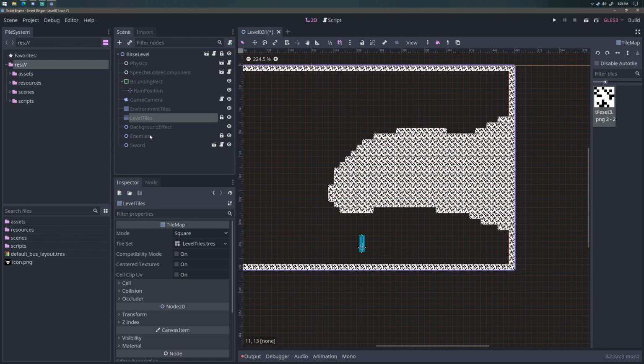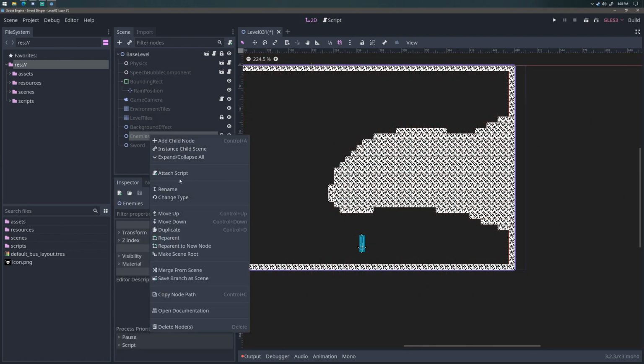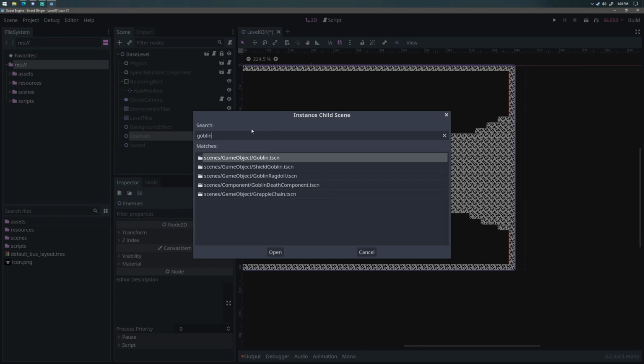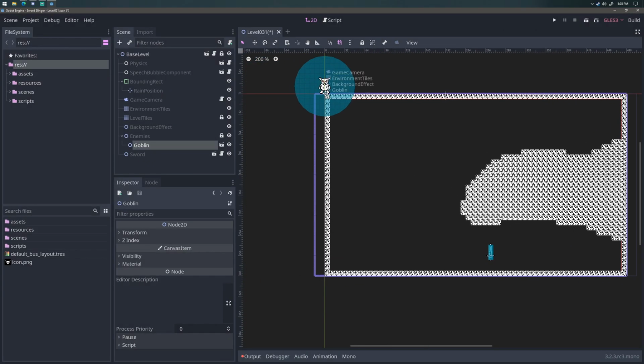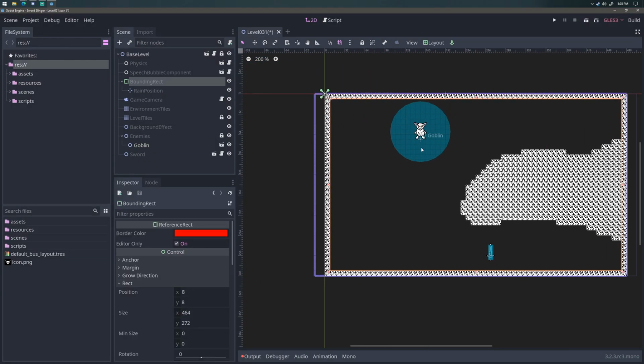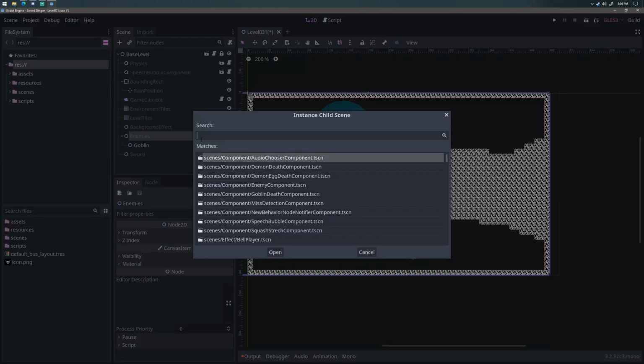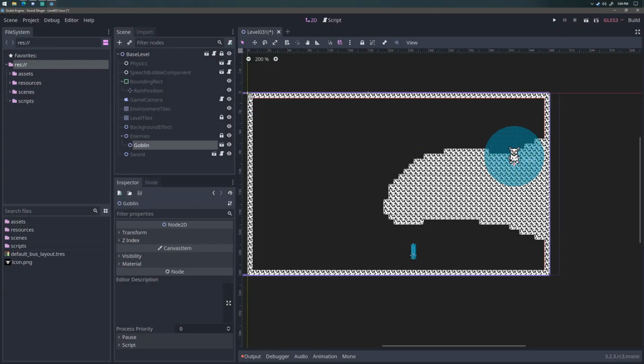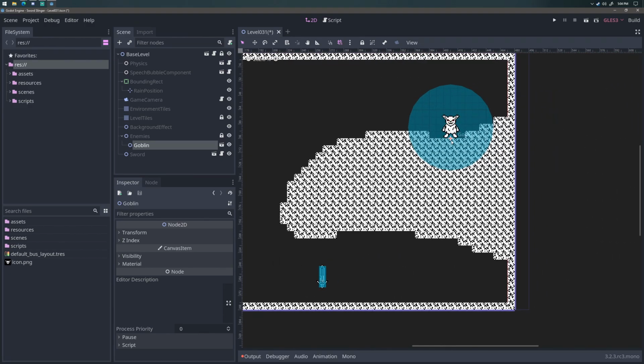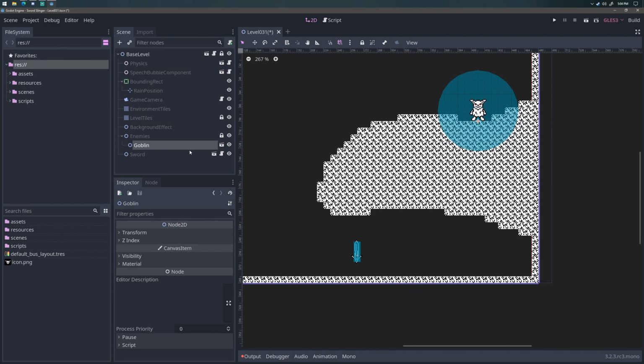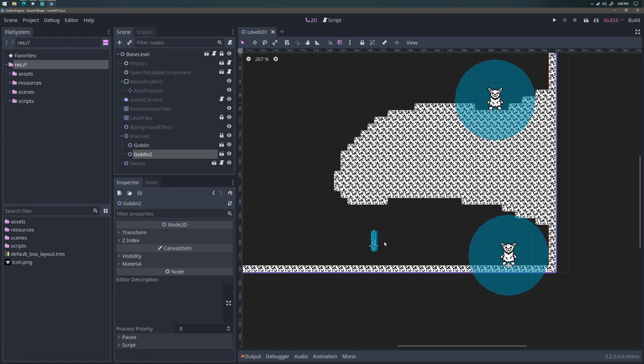So in order to facilitate the sort of thing that I'm going for, let's go ahead and add a goblin. I just added it to the enemies layer, and I did that by instancing a new child scene. So we've just got a plain old goblin up here. And then I'm just going to duplicate him and drag this one down here. So my idea is that